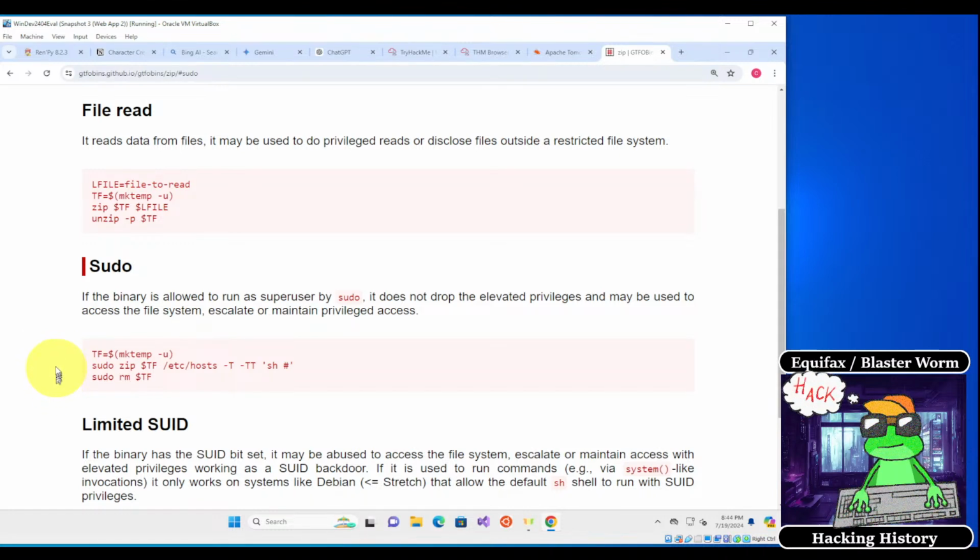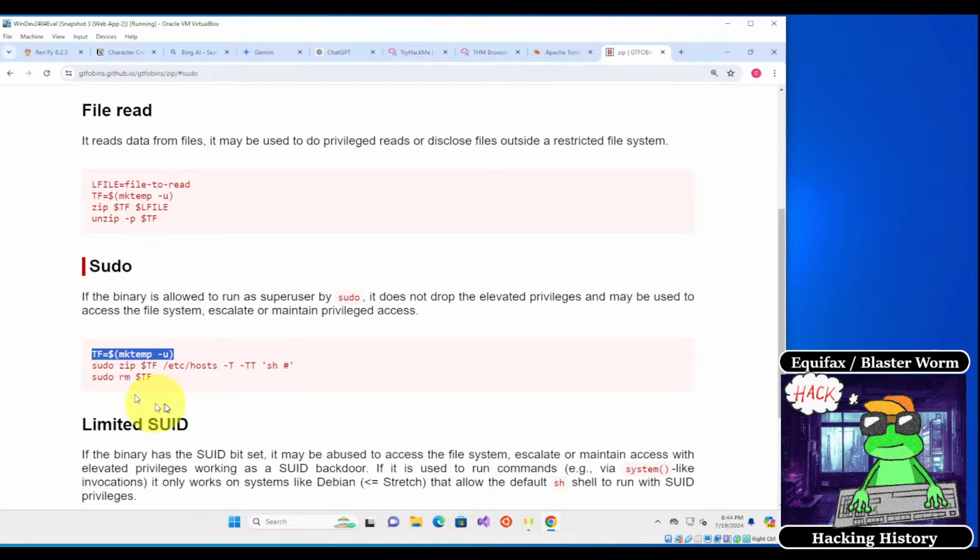So the first thing it does on this line is that it sets a variable called tf, and it's equal to this command right here, mktemp -u. So what this command does is that it creates a temporary file,